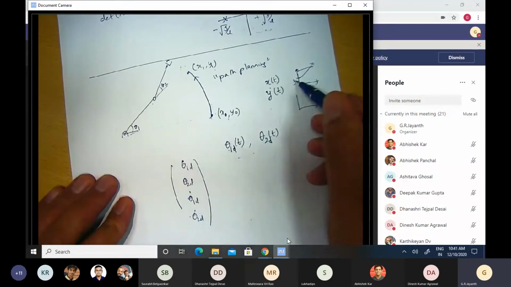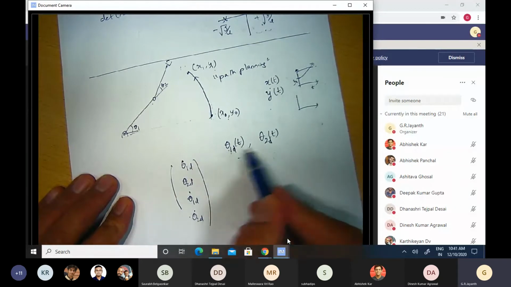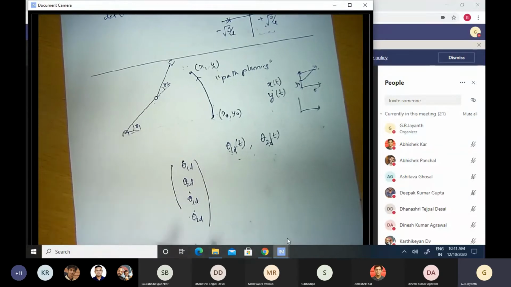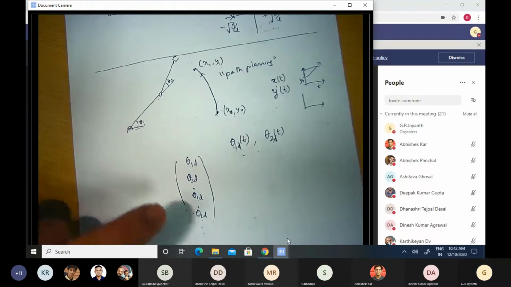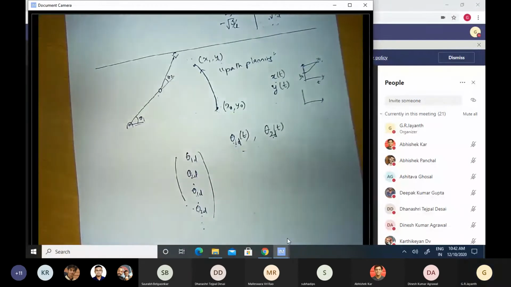Okay, if I know how I want my x and y to change as a function of time, then I will know how theta1 and theta2 should also change as a function of time, and therefore these are also known. So in trying to go from here to there, I have to make sure that my states assume these particular values, theta1d, theta2d, theta dot 1d, theta dot 2d. Initially they will not have these particular values. So my goal as a control engineer is to figure out what torque I need to provide to get my states to follow these particular values as a function of time. Okay, any questions about this?